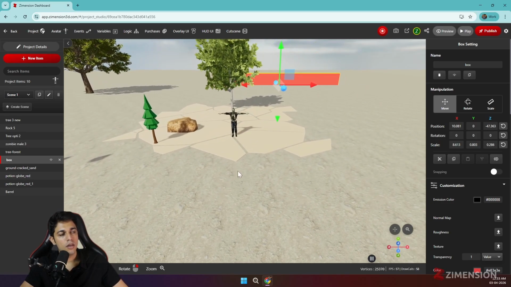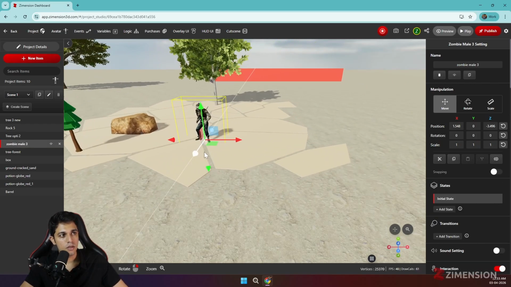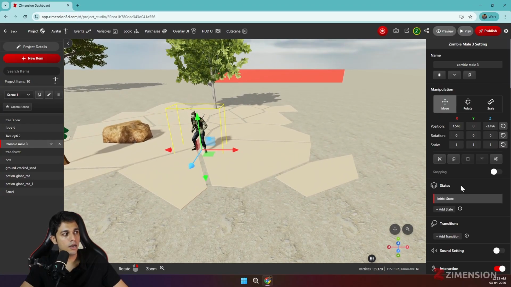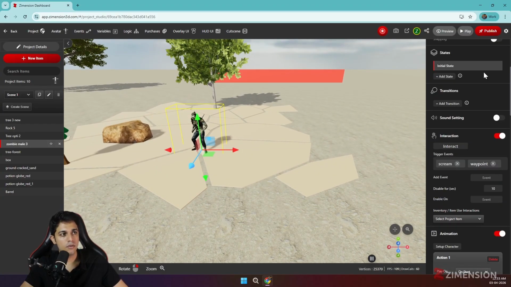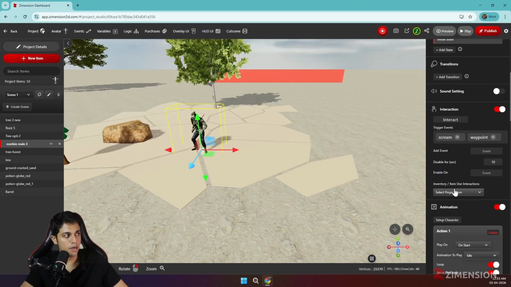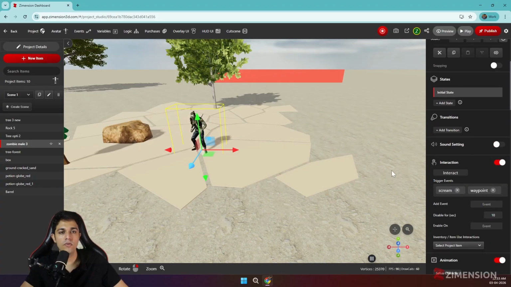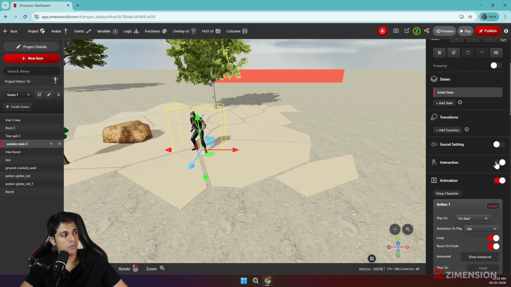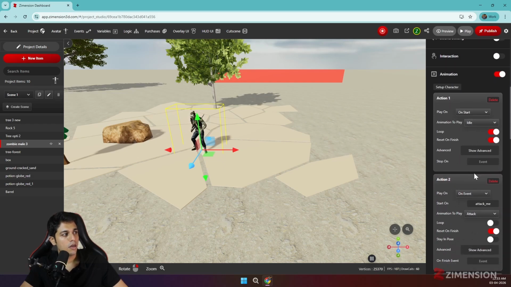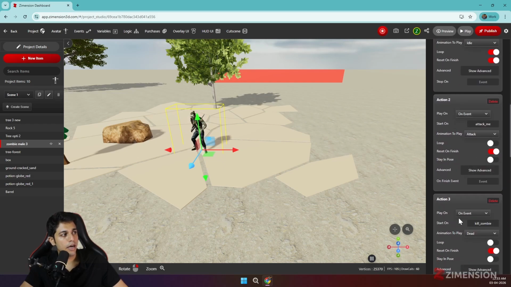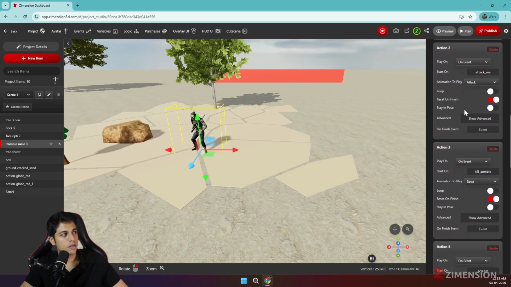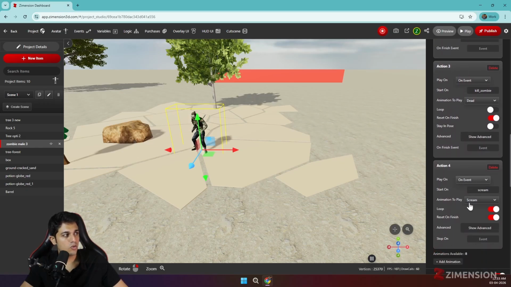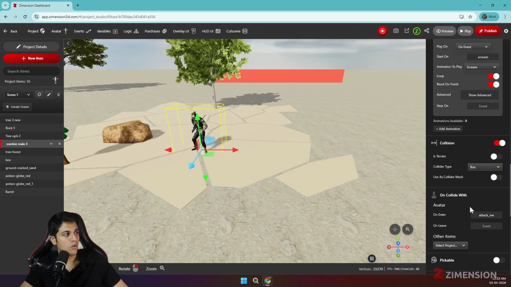Now let's say this zombie will attack me, and because the animation is playing a bit, there is a delay of animation. So first we'll remove the interactions, right? Now this attack me event will be triggered when I collide with the zombie. So on collide, instead of attack me, I'll create an event like